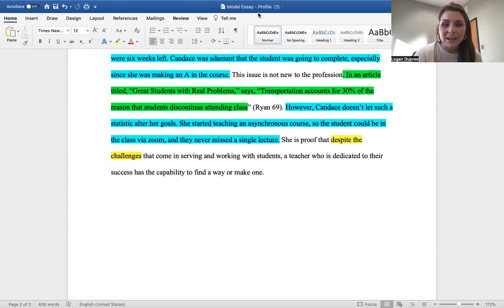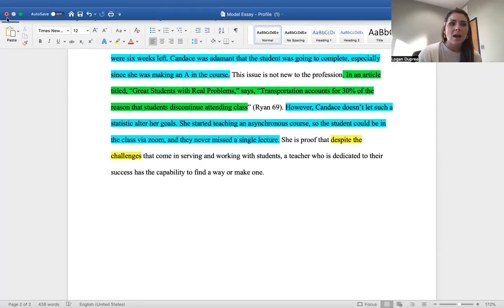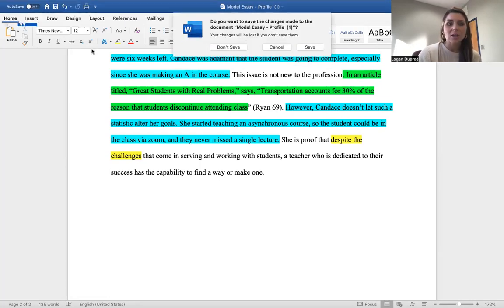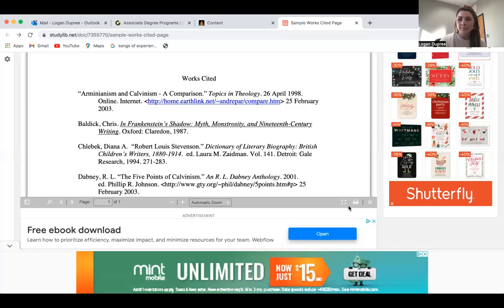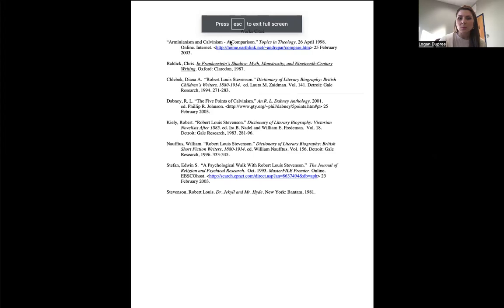Now, the other thing that I want to point your attention to is your works cited page. A lot of you did not put this in your rough draft, and that's okay. But I want to ensure that you know how to go about doing that. So I'm going to share my screen. So this is a works cited page, and this should be at the very end of your essay, the very last page. And what I want you to note, guys, you did that annotated bibliography several weeks ago. So this work, if you did it correctly, should be done for you, okay?